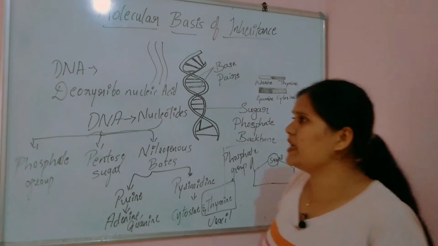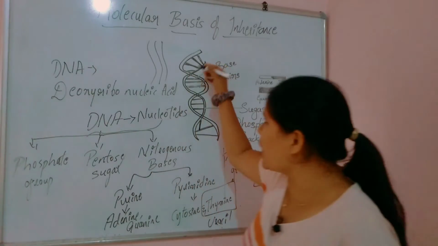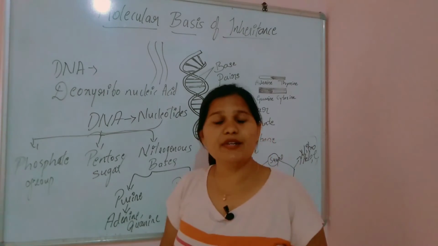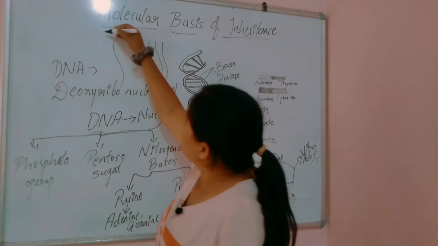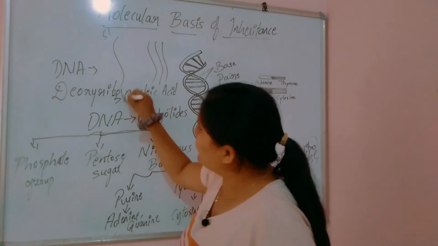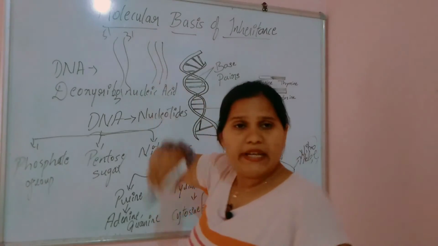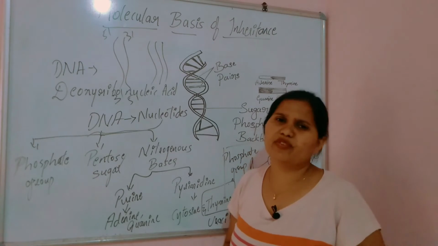Nucleotide. So in DNA we can see two nucleotides, right? So it is called the double helix model. Double, why double? Because it has two strands, where one will be from 5' end to 3' end, and the other will be from 3' end to 5' end. So what is this 5' end and 3' end?